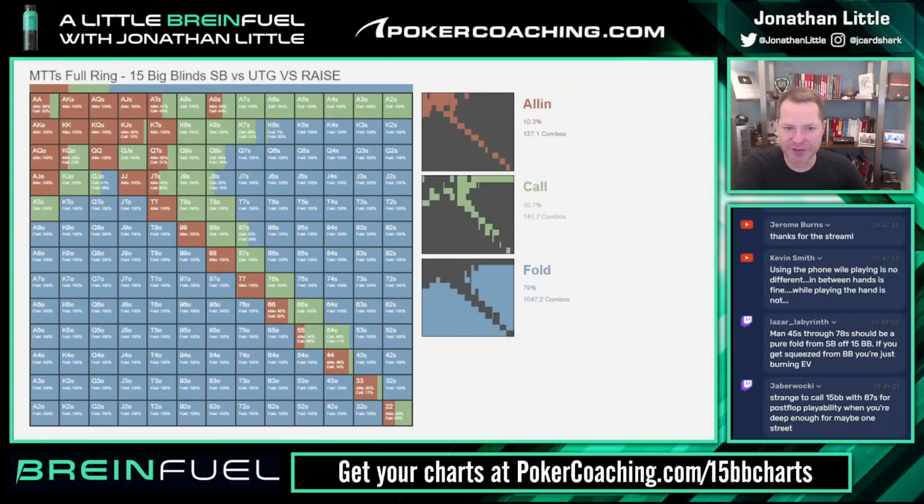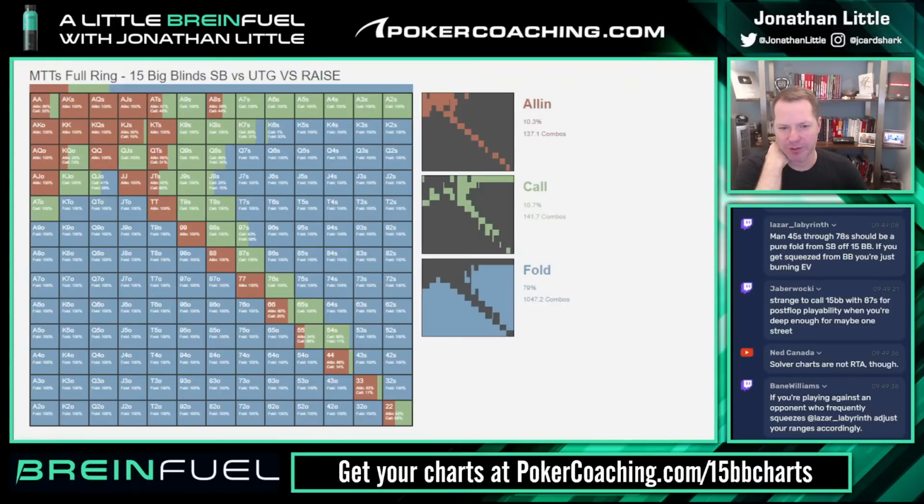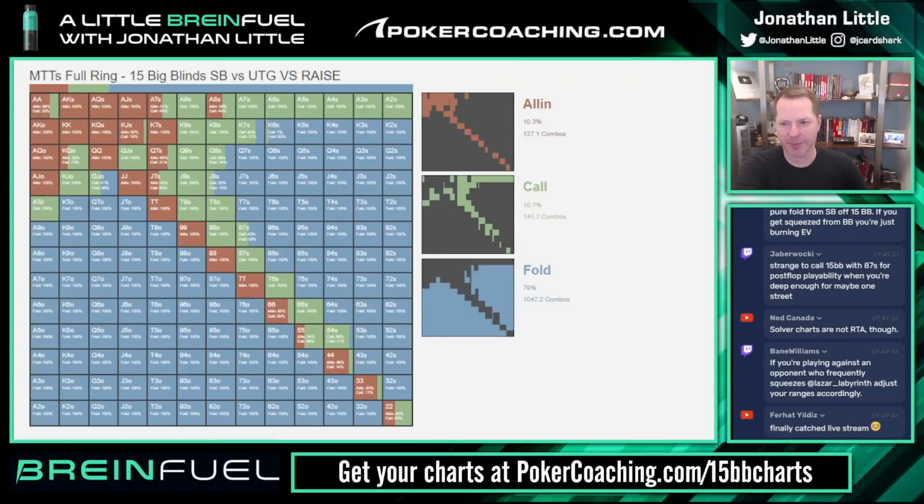Seems weird to have a calling range 15 big blinds deep with 8-7 suited for post-flop playability when you're deep enough for only maybe one street. We got to realize, if you make a pair, you're good to go. It's not like we are calling and trying to check fold anything if we make a pair. So this is a spot where you have to realize...